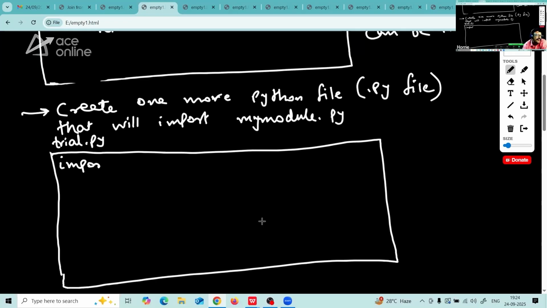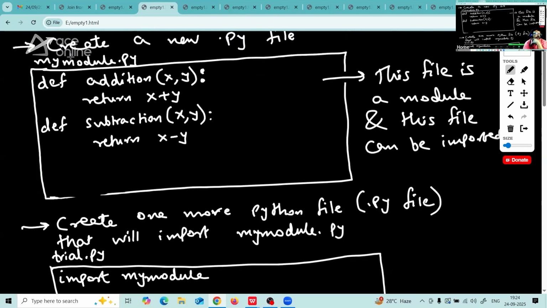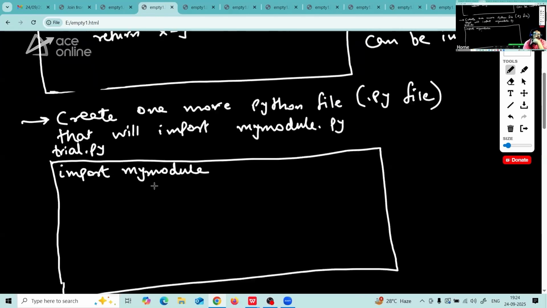Import my module. Don't write .py. The actual name of the entire module is my module.py. Extension is .py. But while writing the import statement, write only the first name, no extension. You will get an error if you write the extension. Import my module. Now what this line does,